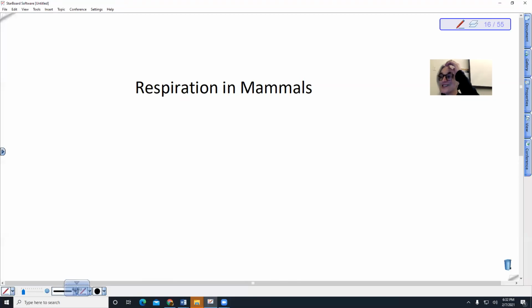Okay, so this brings us to respiration in mammals. So remember, the reason why we have our lungs is that we are terrestrial and we need to be able to get a lot of oxygen and reduce our water loss, right? So also we are endothermic. And so this also maybe explains why